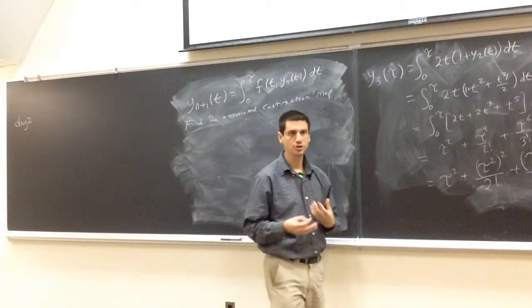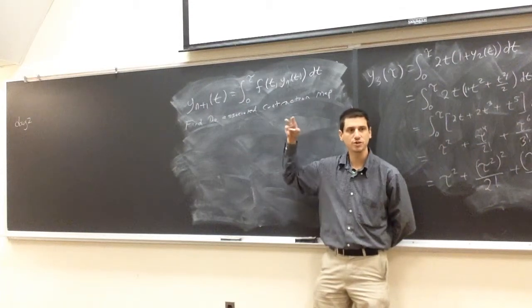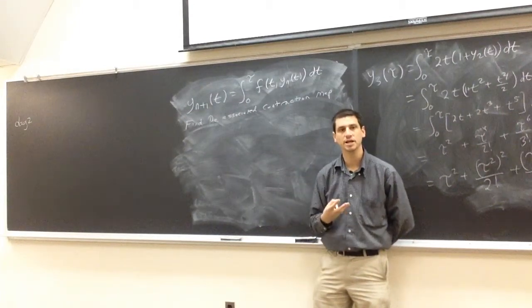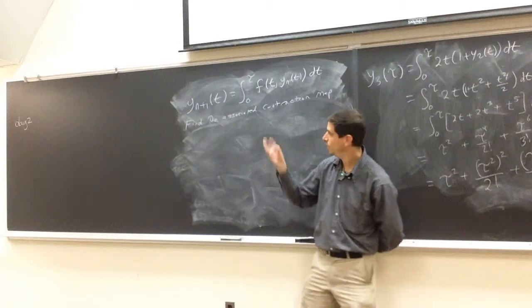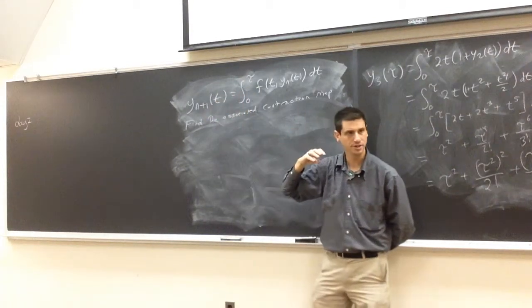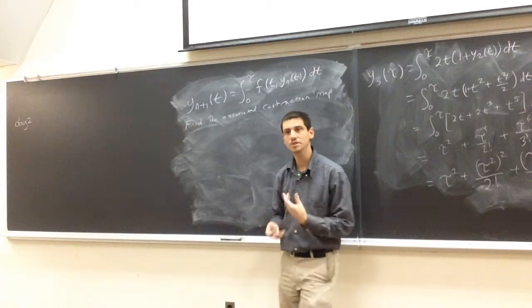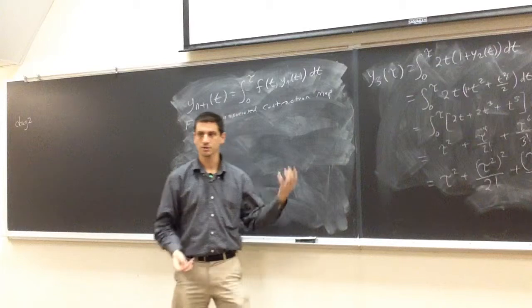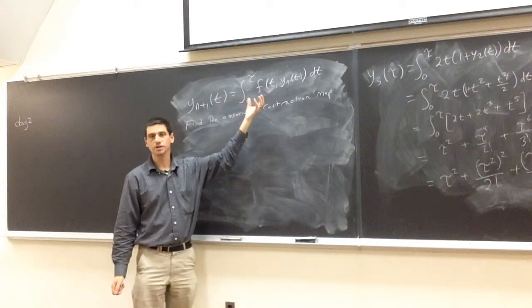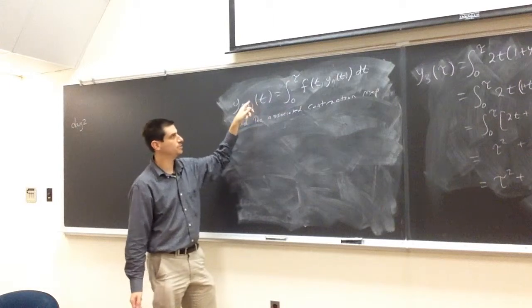And this is getting used to a different notion. Right now we're so used to functions where you give me an input and I give you a number as an output. Here we have something a little bit more general. Here I give you a function as an input and I have a function as an output. So my space is a little bit different now. This is no longer a number that comes out. It is for a specific value of t. You give me